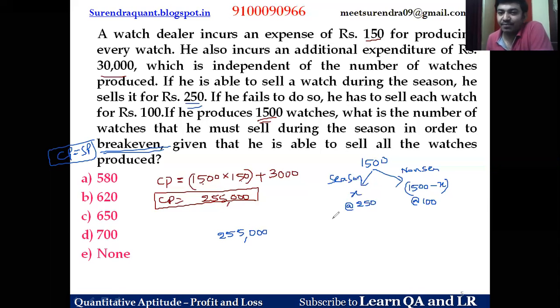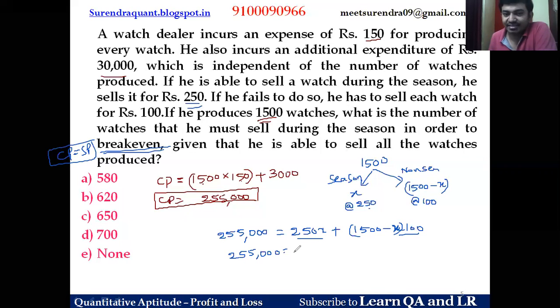What is total selling price? One watch 250, X watches is 250 into X. One watch is 100, 1,500 minus X watches cost, 1,500 minus X into 100. It is something like doing a word problem, right? So for break even, both of these are same. So this is 2,55,000 equal to